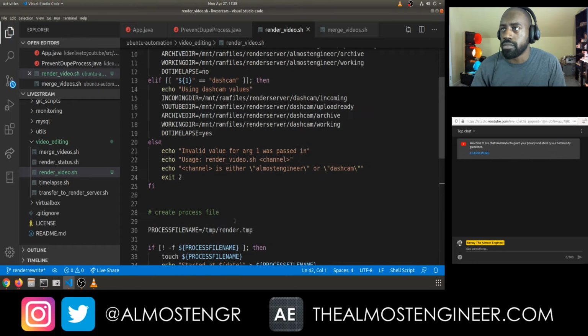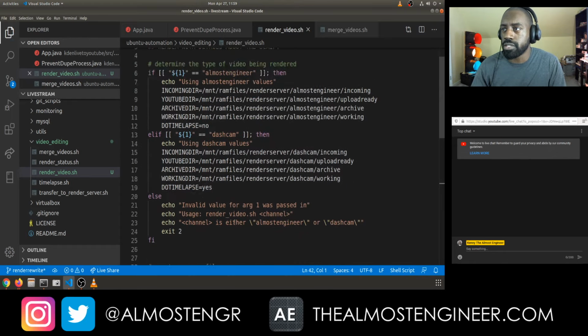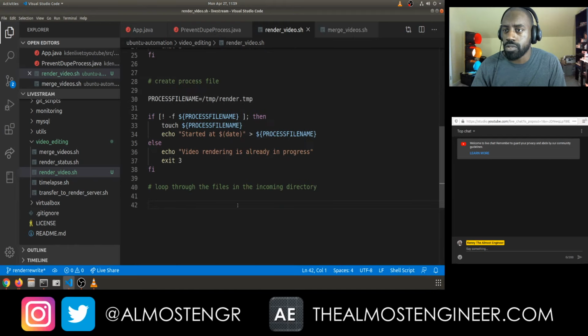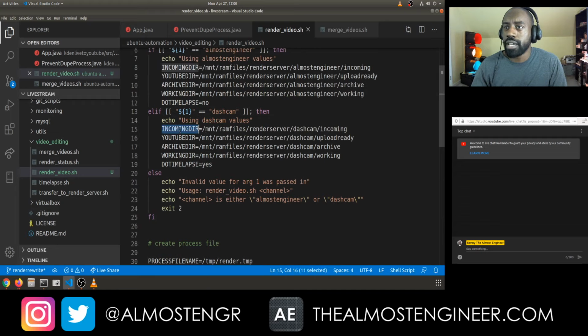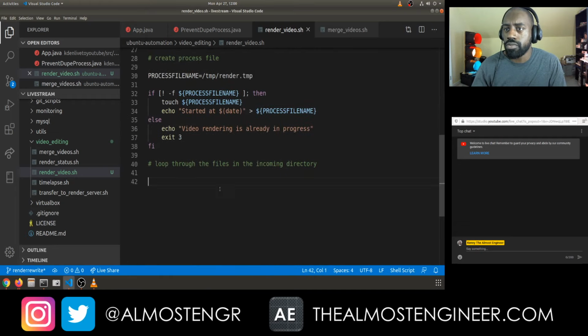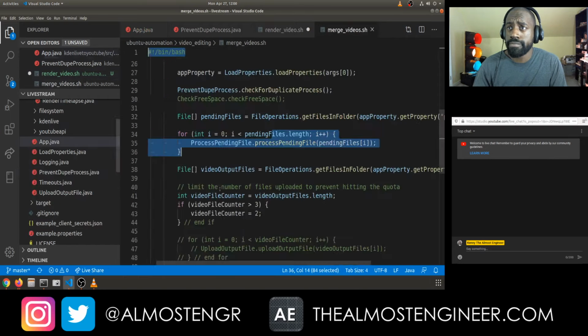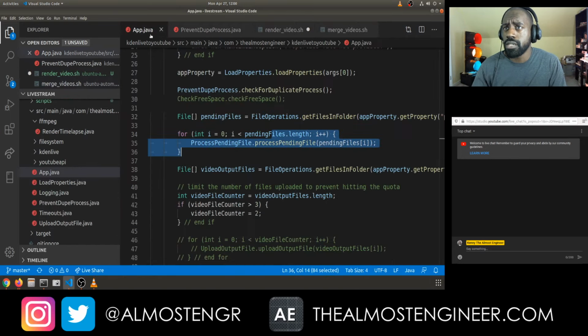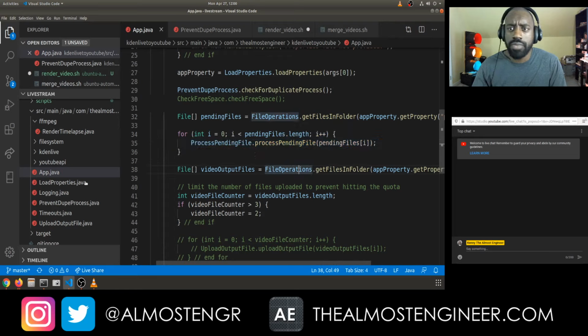Again, because I'm changing the folder structure a little bit from what currently exists, so the names will change as well. So the incoming directory. All right, so the incoming directory we have defined up here as a variable. So we'll do for, let's see, so process pending file is